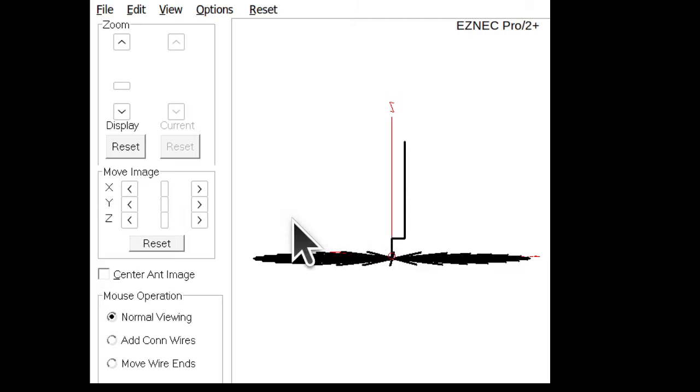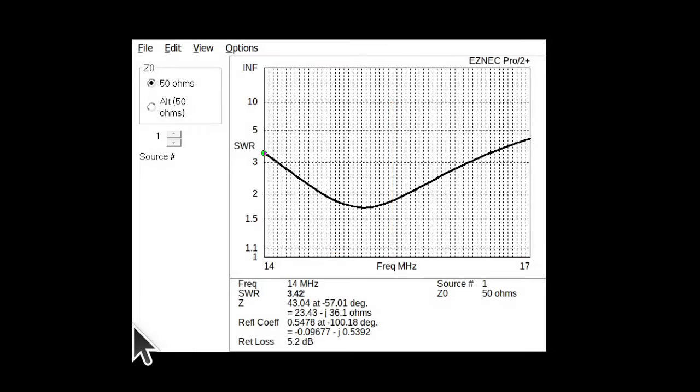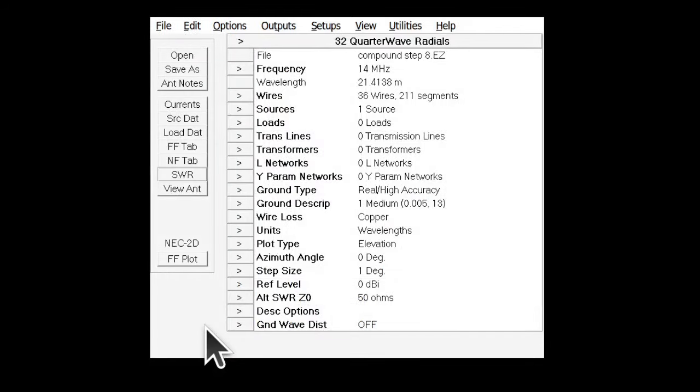Now, the question that I ask is, well, what's the point of this? And that can only be answered in relation to another design that's similar to it. But if we look at the SWR, we'll see that that's a fairly broad response for a simple vertical. Simple verticals generally show a sharper dip. And here is